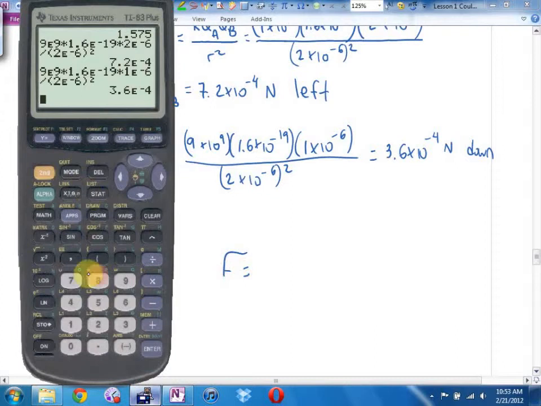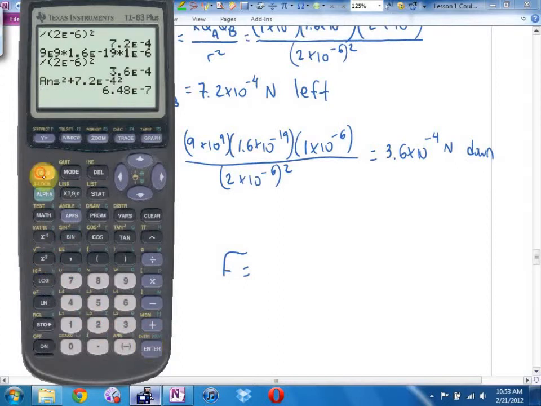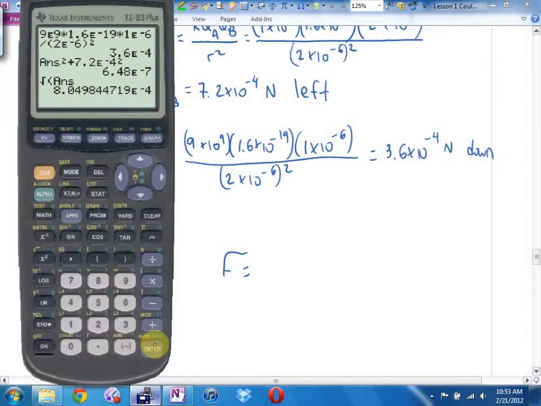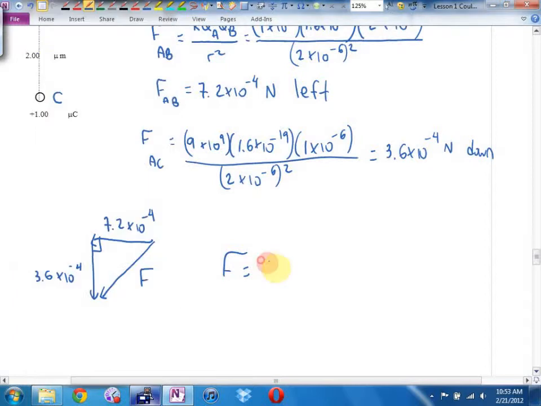This squared plus 7.2 times 10 to the negative 4 squared equals, square root. I think for a magnitude you'll get 8.05 times 10 to the negative 4 newtons at